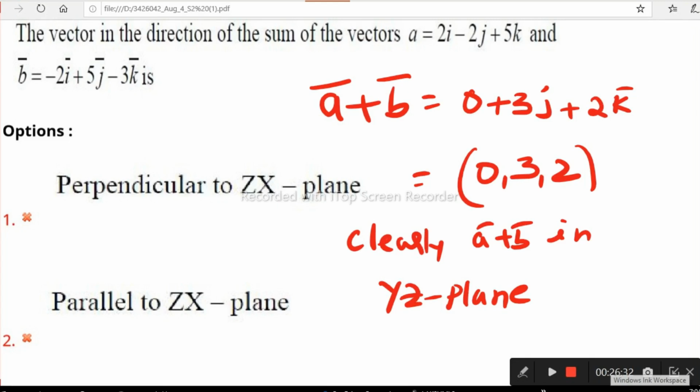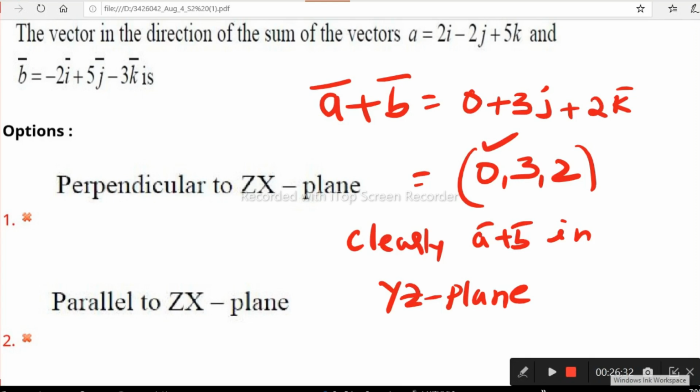YZ plane అని దేనికి ఎలా ఉంటుంది? Parallel to YZ plane కే parallel గా ఉంటుంది. అంతే కదా? లైస్ అంటే ఏంటి? YZ plane అందులోనే ఉంది కాబట్టి దానికే parallel గా ఉంటుంది. ఎందుకంటే x coordinate 0 అయింది. x coordinate 0 అయితే parallel to YZ plane. ఓకేనా? So what is the given option?